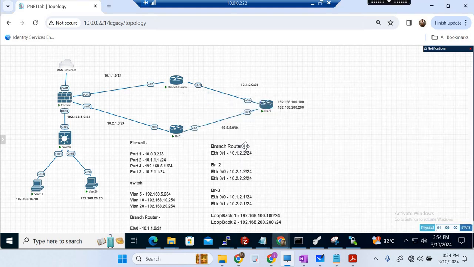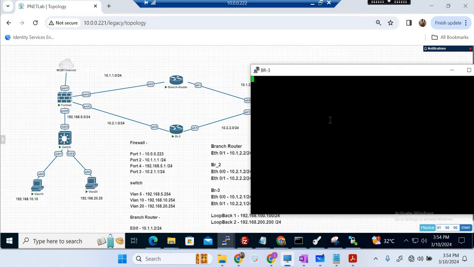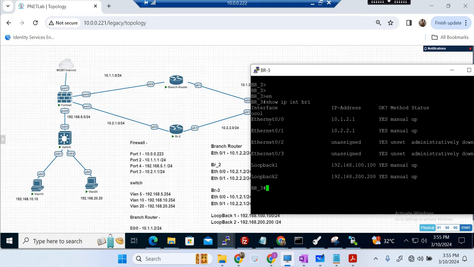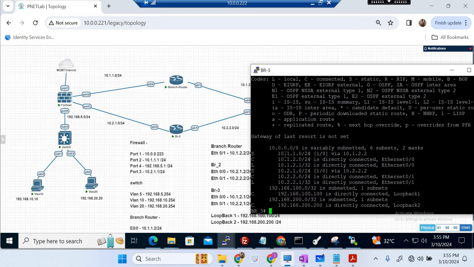That's okay. Now we will see our branch 3. Show IP interface brief. E0/0 towards the branch router, 0/1 towards branch 2, and we have two loopbacks configured to do our testing. Show IP route. We should have two static routes, one is 10.1.1.0, one is 10.2.1.0. See, we have these two static routes because